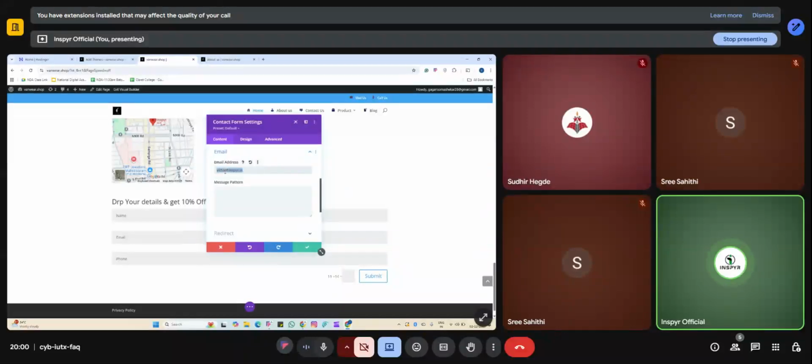So you'll write the email address where you want to collect the data. Come down. In message pattern, I'll explain later what you're supposed to do. Then redirect spam protection link, I'll explain a little more later. For now, add a name, email ID, phone number, click on the text, give the title, success message, and submit